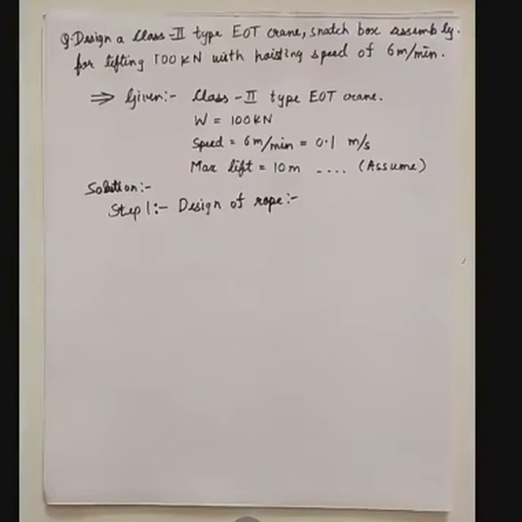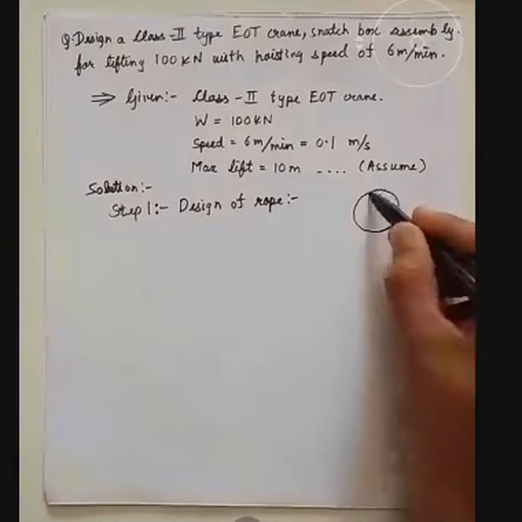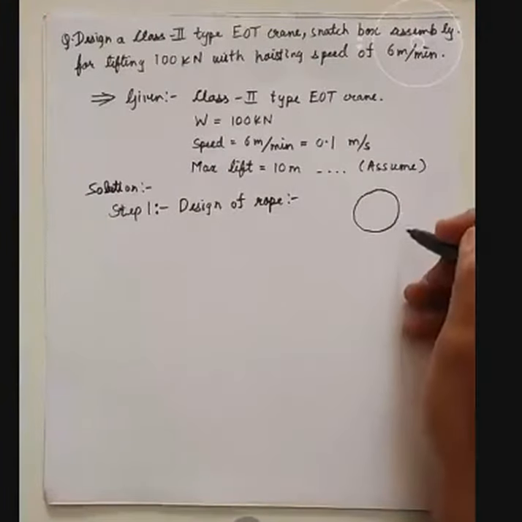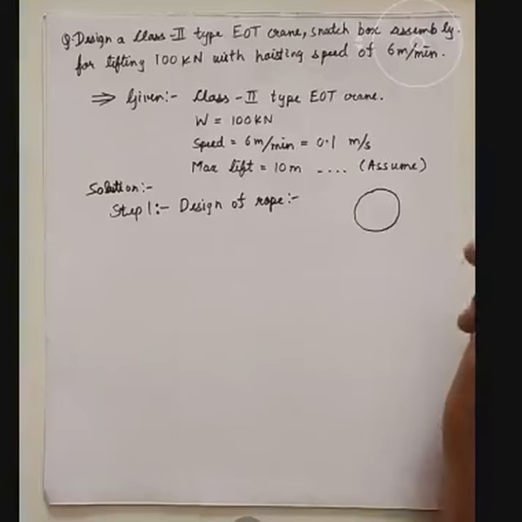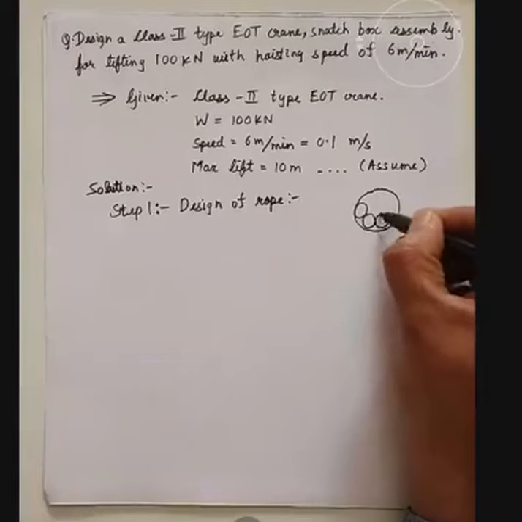So the very basic step and a very big step in this design is the design of rope. In design of rope, you have to select a type of rope and find the diameter of the rope. In the previous session, I have already told you that this rope is not a normal rope. In this rope, we have to select lobes, and I have told you everything about that. Suppose this is your entire rope, the cross section of the rope. Inside this cross section, there will be a number of lobes and strands. The number of lobes is mostly kept as 6.